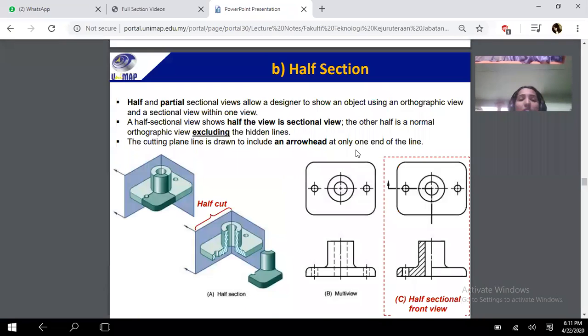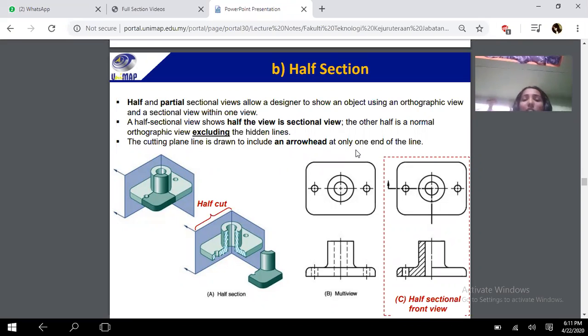Okay, and next, if we go to the next part, half and partial section view. If you see there, the orthographic view is shown with a sectional view in one view. The half sectional view is a half view of the sectional view, and the other half is the normal orthographic view. So one half will be the sectional view and the other half the normal view, girls.